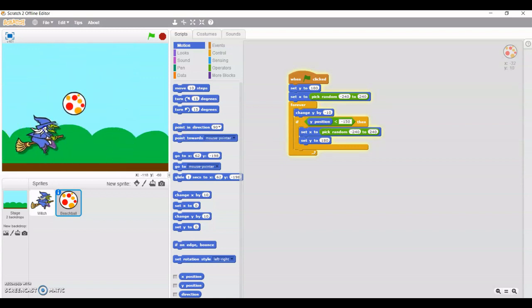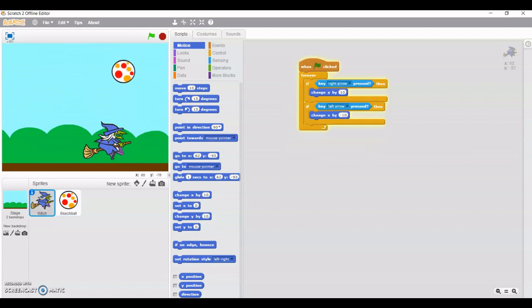Here you can see the ball is falling from the top, and now you can move your object in the positive x direction and minus x direction. Thank you class. That's all about this session. Please practice this game, and if you have any doubt regarding this video, you can ask. Okay. Thank you class.